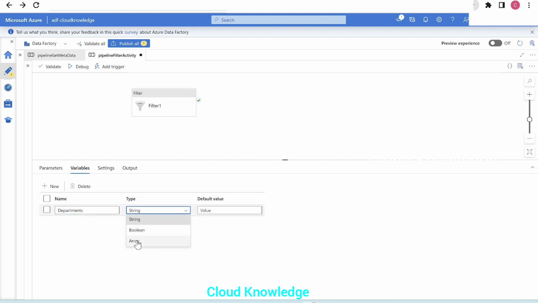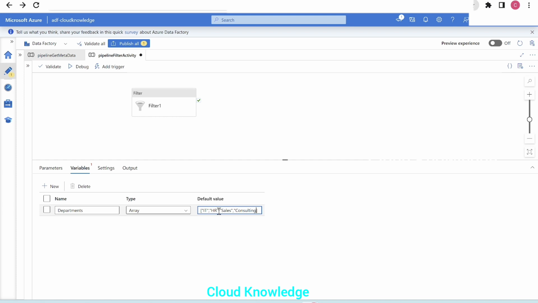In the type column, we'll select the type as array, and the default value, the array value, has to be enclosed inside square brackets. So we'll take square brackets and then the values in double quotes. Let's take the first department as IT, the second department HR, the third department Sales, and let's take the last department as Consulting.